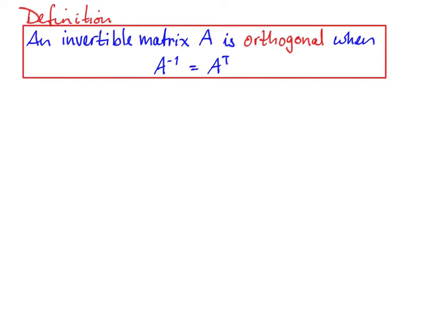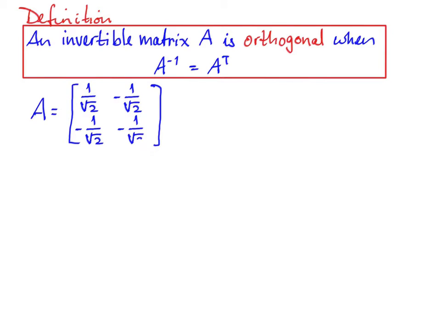So let's check a specific matrix. Let A be the 2 by 2 matrix: 1 over square root of 2, negative 1 over square root of 2, negative 1 over square root of 2, negative 1 over square root of 2. I don't need to actually find the inverse of A. All I need to do is write down the transpose of A and then see if it turns out to